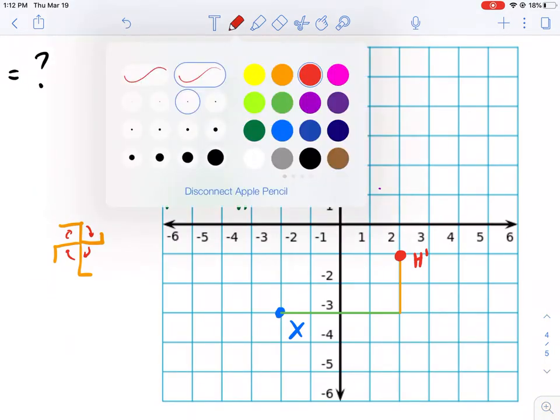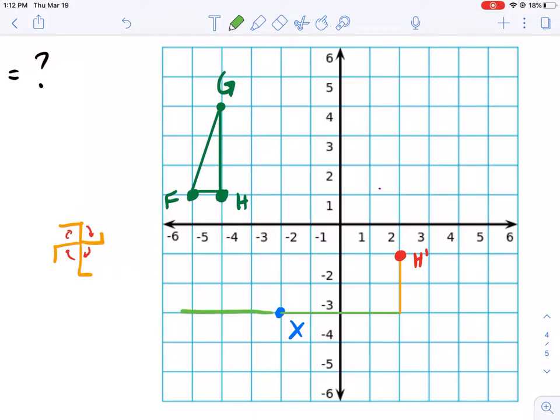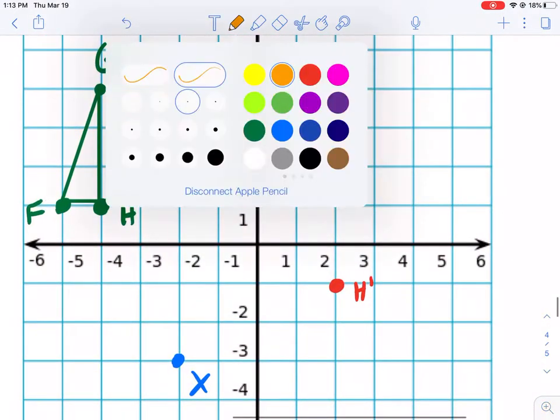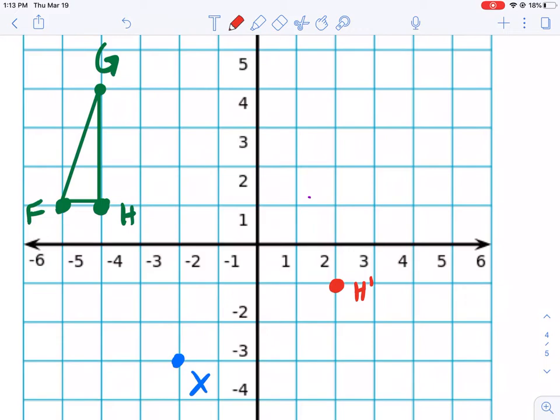I could do the same thing with the F. So I could build new supports to F, and I could go left first if I wanted, and then up so I don't cross over with the H. Or I can just rebuild the whole shape based on this H. What do I mean by that? Well, like I said, this shape needs a rigid motion, so it's going to maintain the same shape. So this H is going to be directly